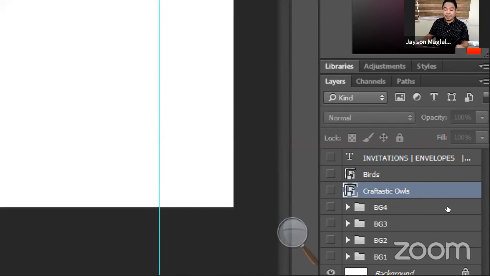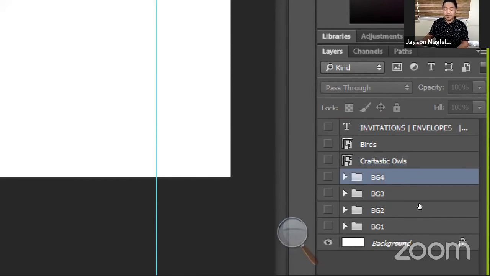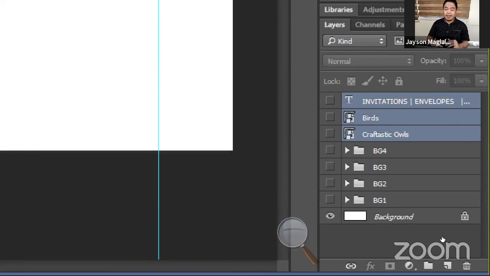Now, next, for these layers naman po, you'll see that parang may folder icon style. And yes, they are technically folders po in Photoshop. So yung mga layers natin, paano pag dumami na yan, umabot na ng let's say 100 na yung layers mo or more than, so maganda ma-group natin sila. So para mag-group po natin yung layers,